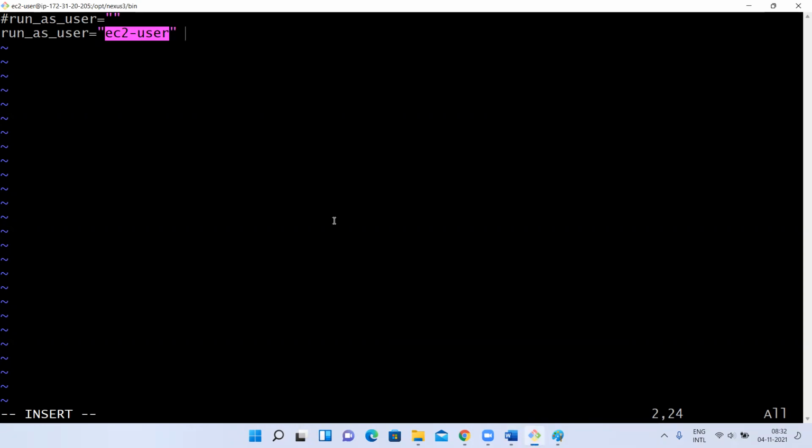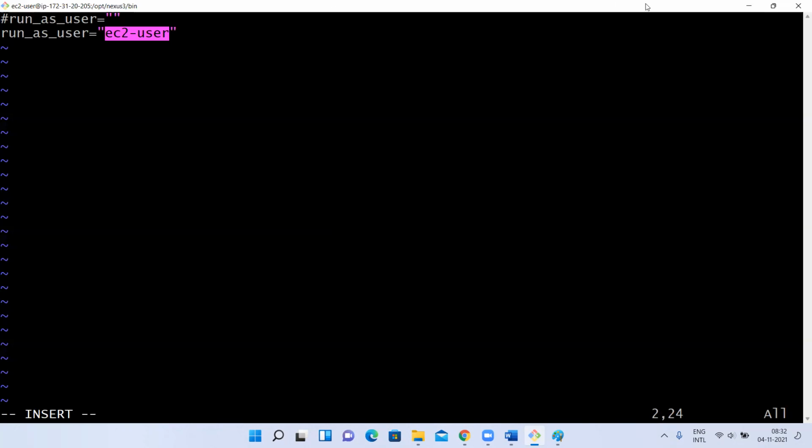What this line indicates is that this user is going to be the admin of your Nexus. All the start and stop operations of your Nexus can be done only with that user. So as you are using EC2-user to start and stop, you are mentioning here, hey, I want this EC2-user as the admin of my Nexus.